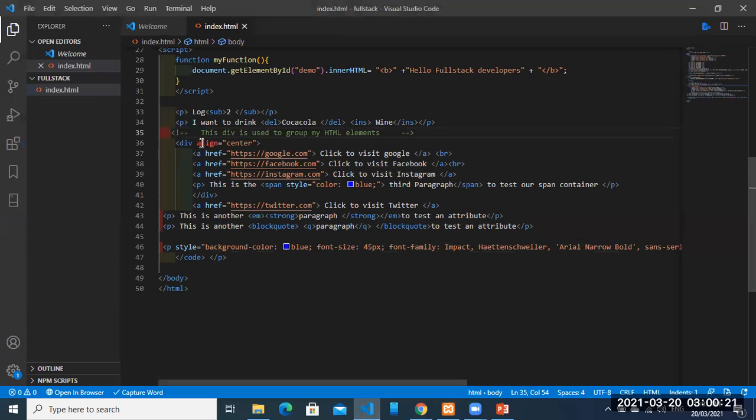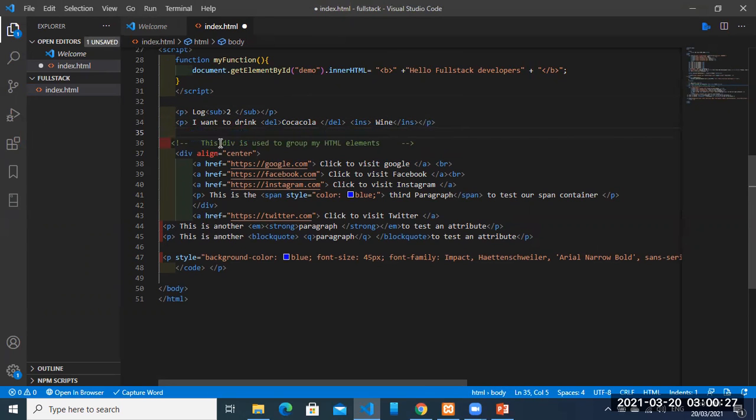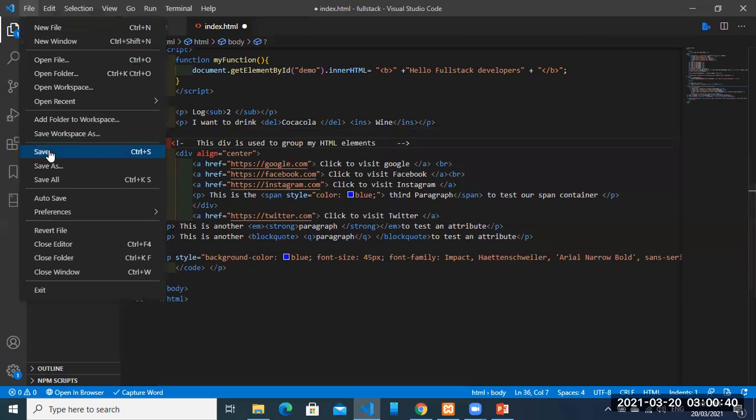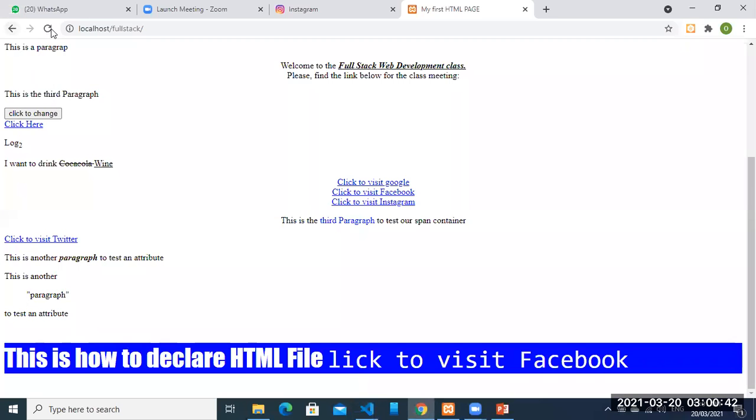What is a comment tag? You can use comment tags to write descriptions of how your code works and all of that. Bear in mind that when you write comments, they will not be displayed on your HTML page. If I mistakenly clean off one of these, you can see that the text will appear. So if I go back to my browser now and reload this page,